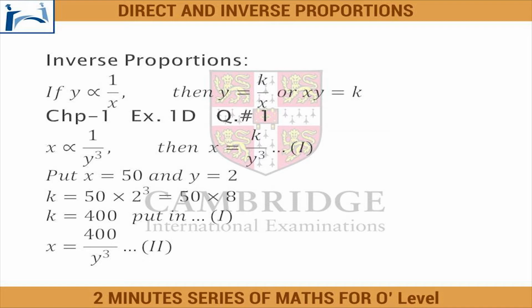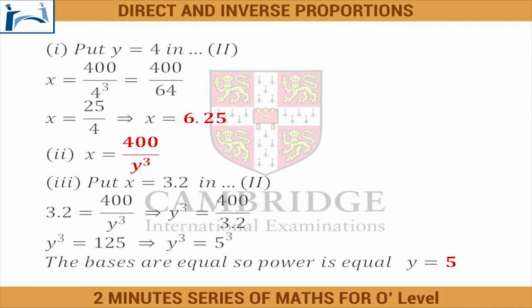X is inversely proportional to y cube, then x equal to k over y cube. We put x equal to 50 and y equal to 2. The values are given. We calculate the value of k. It is k equal to 400. We put in equation number 1 and we get equation number 2, x equal to 400 over y cube. For first part, we put y equal to 4 in equation 2 and we get a value of x with the help of calculator, x equal to 6.25,